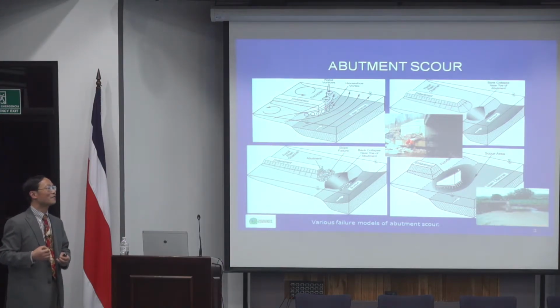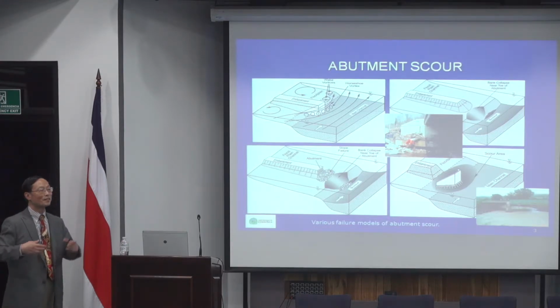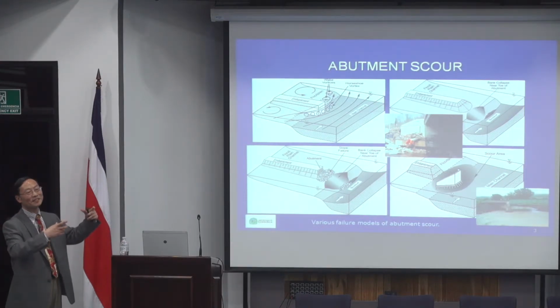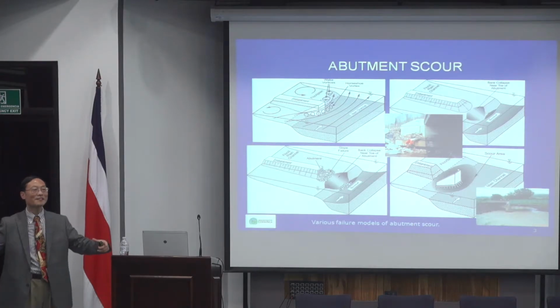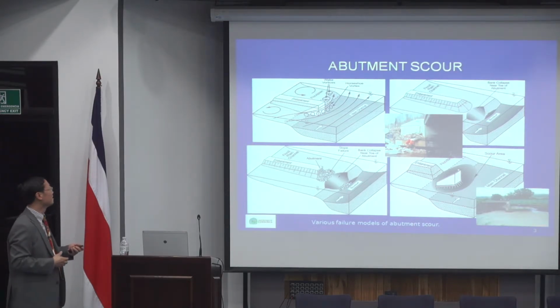So usually a hydraulic engineer will be able to calculate it for us. They will tell us how deep the scour has to be and what the velocity is. Based on velocity, you'll be able to determine what size of rock or protection you need so that it will